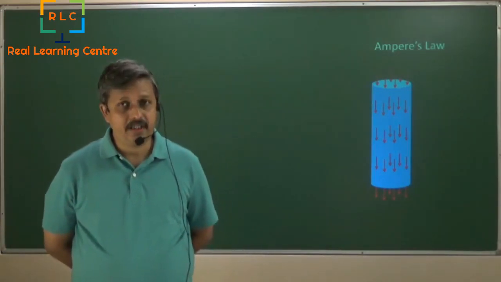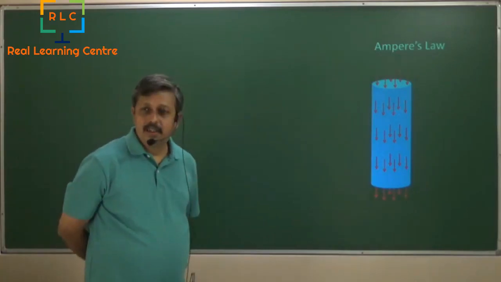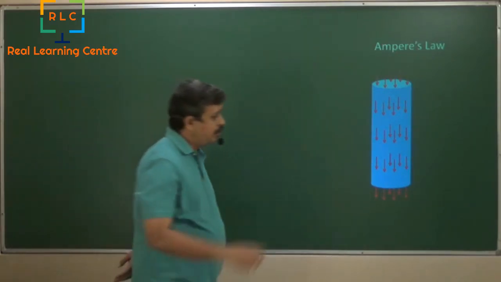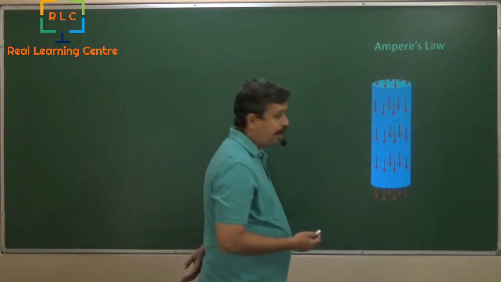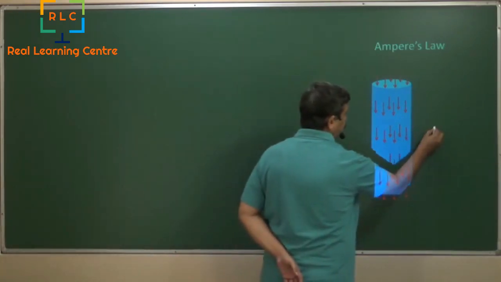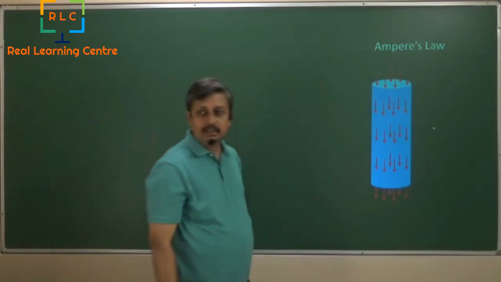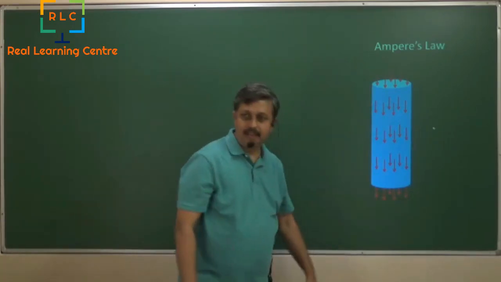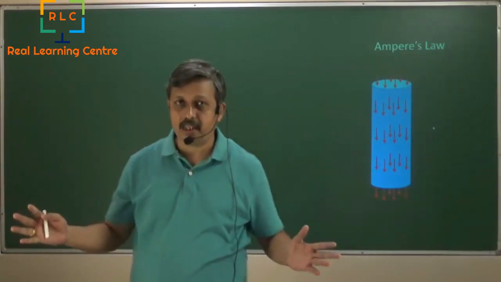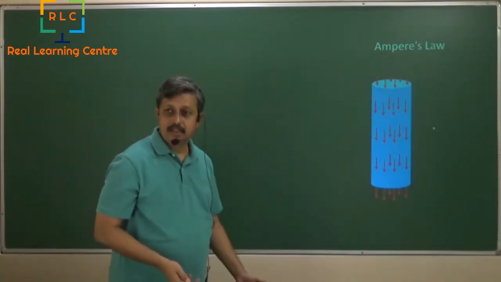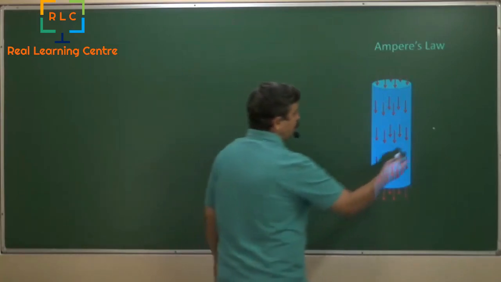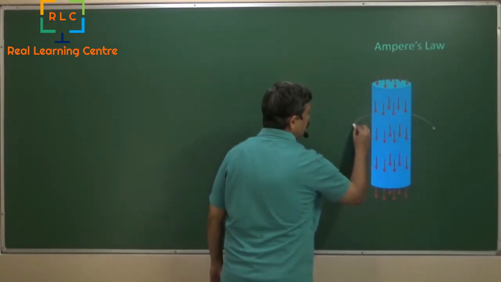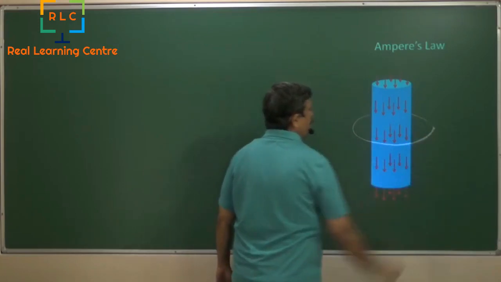If you remember, what does Ampere's law say? Suppose I take one point here. This is just a conductor through which current is flowing. I just magnified it and shown it as a big conductor. Current is flowing through that. Now if I actually take one loop around this,